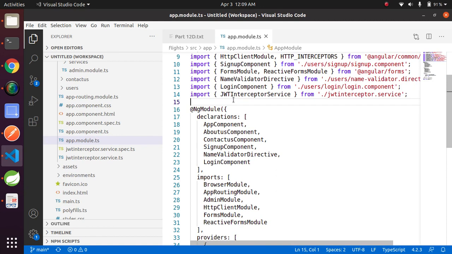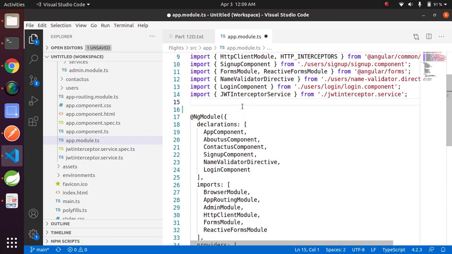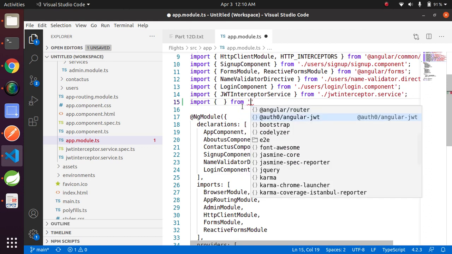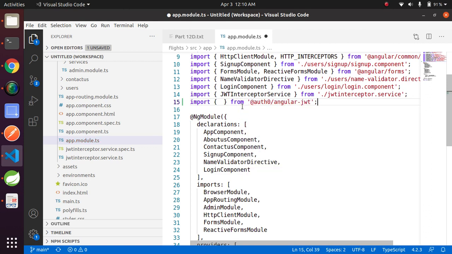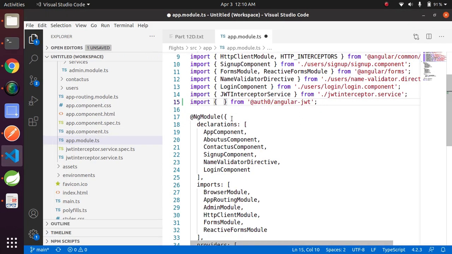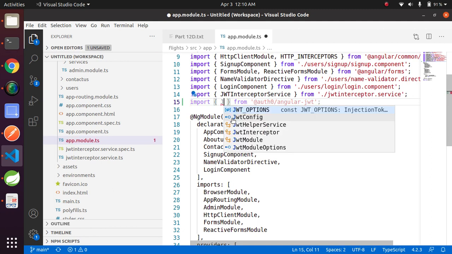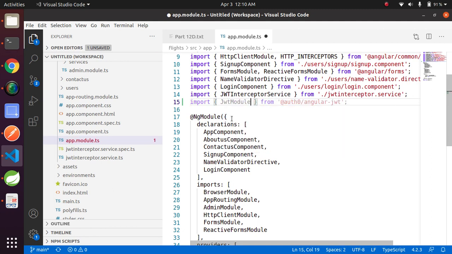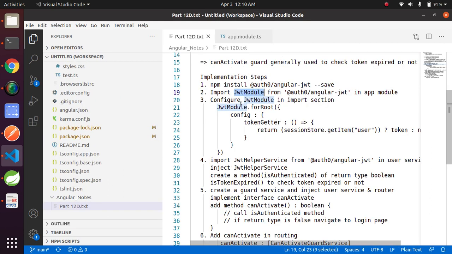Let's import the package first. Let's look, the package installed successfully. Import JWT module. Module imported. Go to the next step.